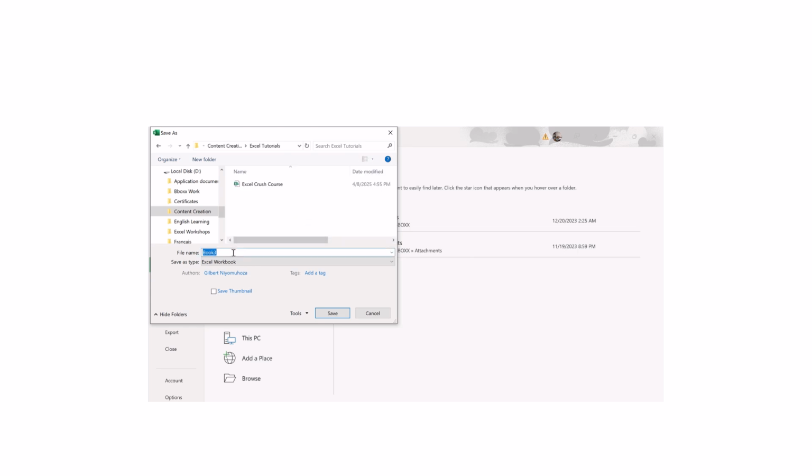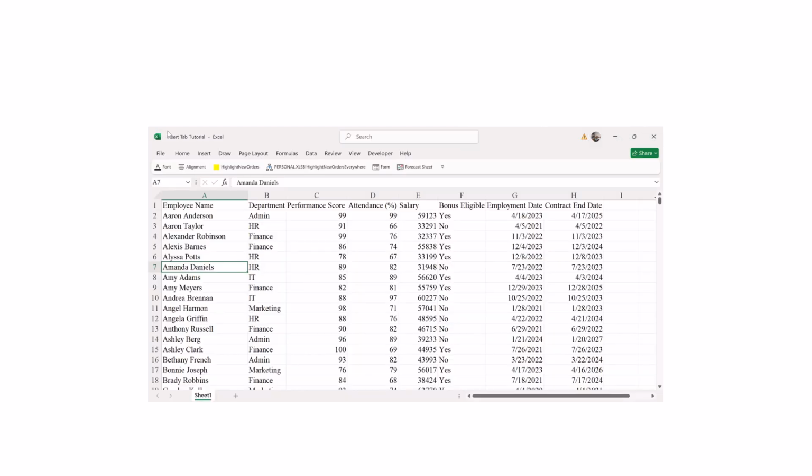Then I give it a name, insert tab tutorial,